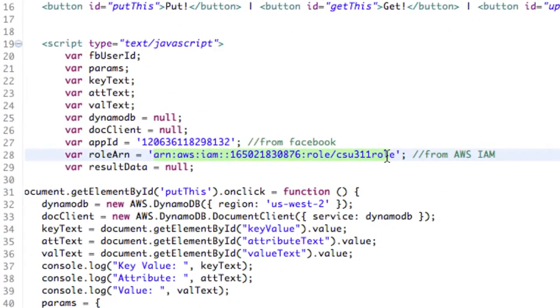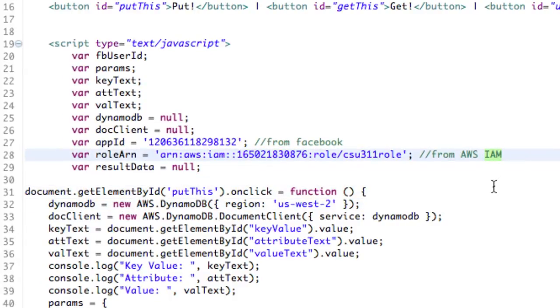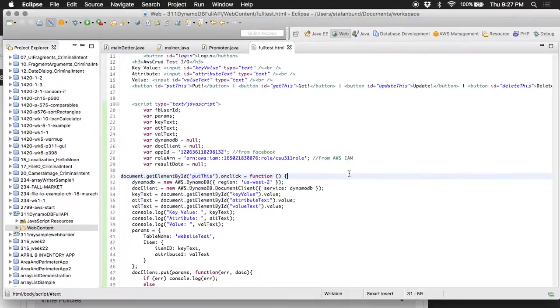That's where your ARN is going to go, from AWS IAM, right? And from there, upload to S3, make it public. Then you'll probably start to get stuff, right? And here's the one last thing to remember,